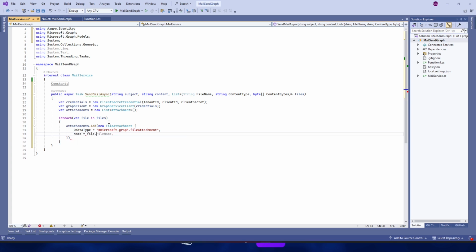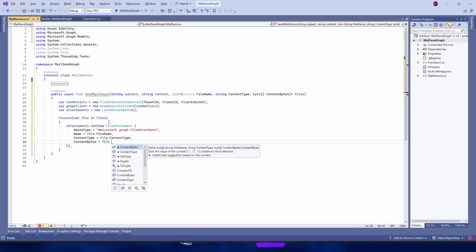Name equals file.FileName. ContentType equals file.ContentType. ContentBytes equals file.ContentBytes.